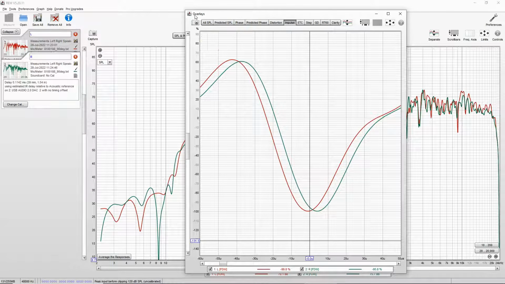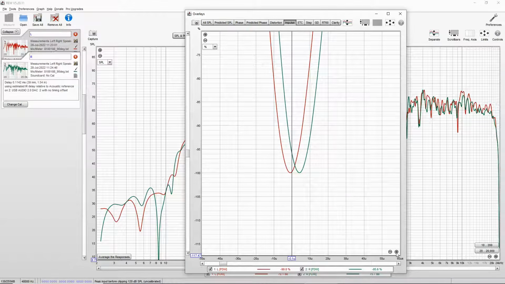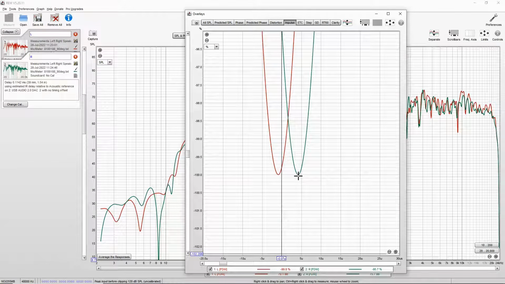My difference is very small because my speakers are already quite well placed, because I am obsessive compulsive. And then you do a distance measurement here, keyboard control, and while you're pressing it, you use the right mouse click, and without releasing them, move with your mouse until point 0, like this axis here. And then this is the time difference for the right speaker. It's minus 4.295